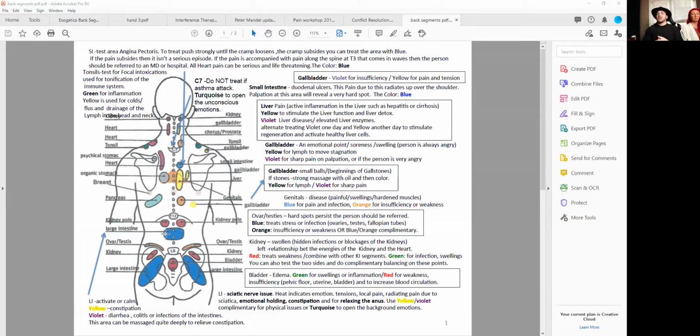and is going to start to give you a lot of feedback, right? So like I said, there's a lot of layers of feedback that we can start to get from all this information. When we look at this, I know it's colored in blue here, but generally the way I work with this is yellow and violet. So the large intestine, especially when there's an emotional component, is going to probably be colored in yellow or violet. Yellow would be used when there's a need to